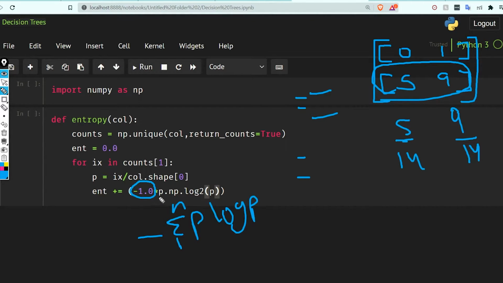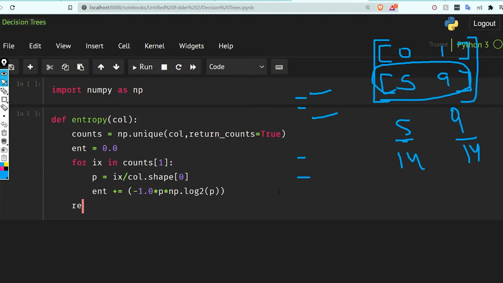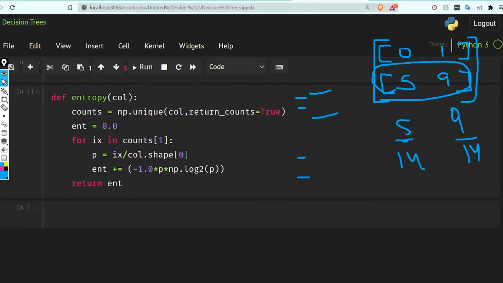So we have p and we are going to multiply it with log p. This is how we are finding the entropy, and as we have used the for loop, it is going to go through all the classes here and we are going to get our entropy. This is pretty easy if you know the formula. Now we are going to return entropy. Entropy was very easy.